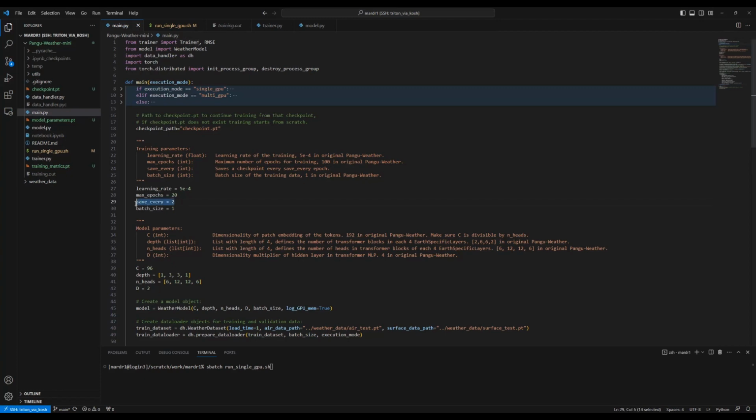Here is a parameter called save every, which says to save a checkpoint every 2 epochs.